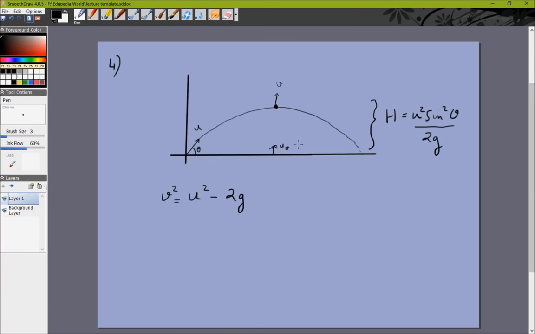This third equation, v square is equal to u square plus 2as, does not have time in it, so you don't need to worry about times. H will be u square sine square theta by 2g. 2g cancels. U square minus u square sine square theta is u square cos square theta, which means that v is equal to u cos theta. Right, it can be minus u cos theta as well. That will mean it's coming down with the same speed, but we are given that it is hit when it is thrown upwards. Right, so at this point this has a speed upwards equal to u cos theta,